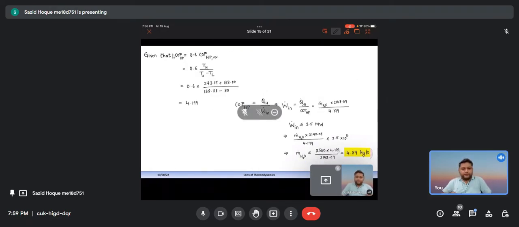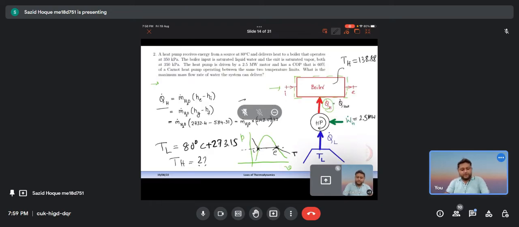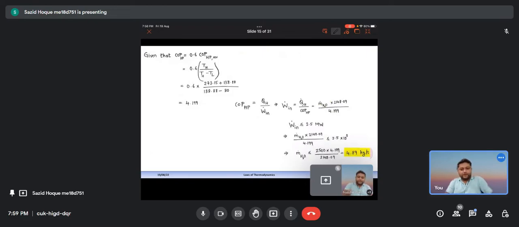So now this is given, right? COP of HP is 60% of COP of reversible heat engine. So reversible heat pump. So heat pump COP will be written in terms of TH is the output towards the work done. Work done will be QL minus QH. QL minus QH will be TL minus TH. So that is what is written. Yeah, 4.89 of it is given here. So 0.6, then TH you are writing in terms of